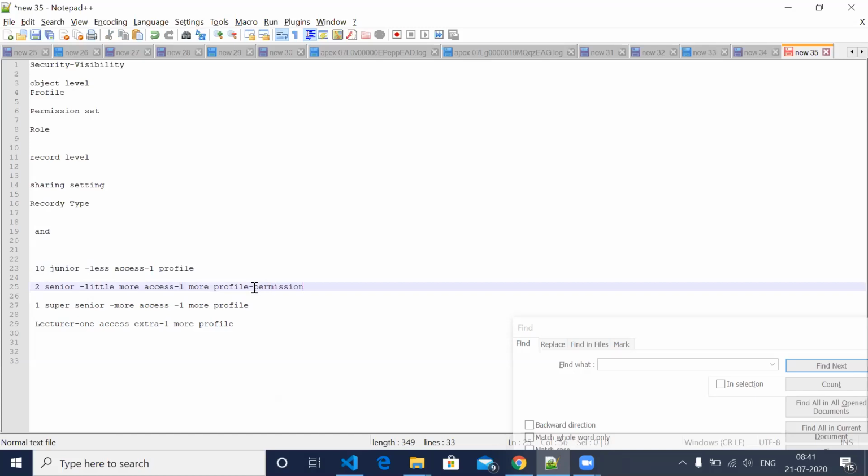Whatever extra access these 2 senior people got, whether it might be one object, one field or whatever it is, I will not create an entire profile just to give object access, since it's not much useful for me. Instead of that, I will create one permission set.